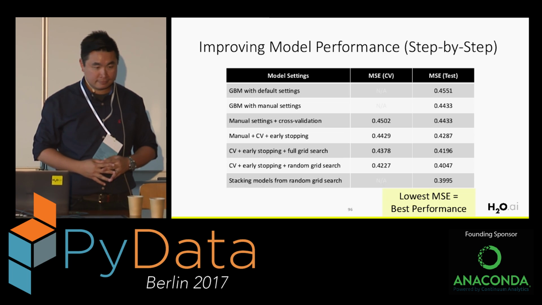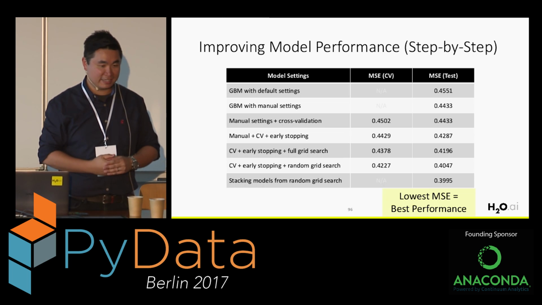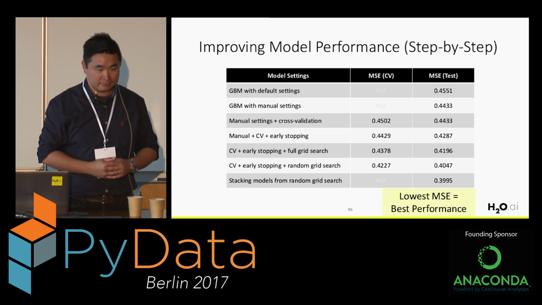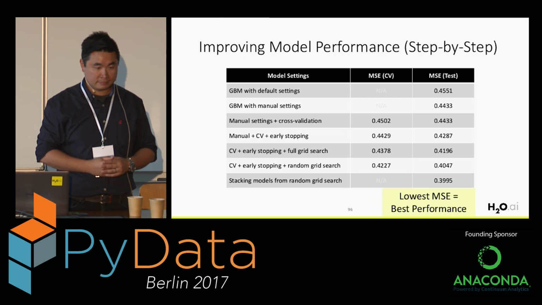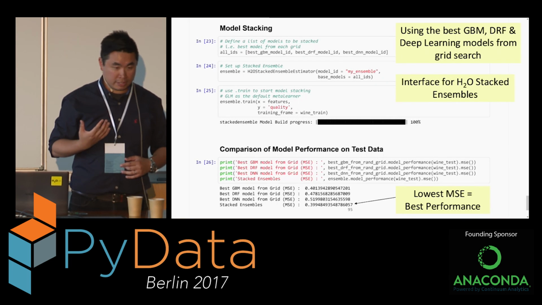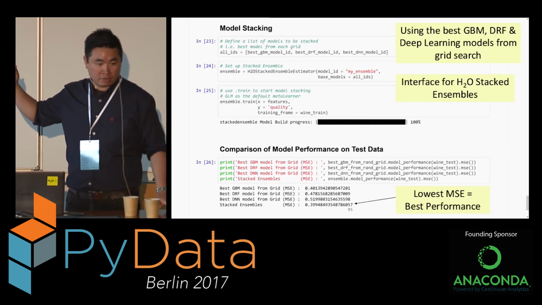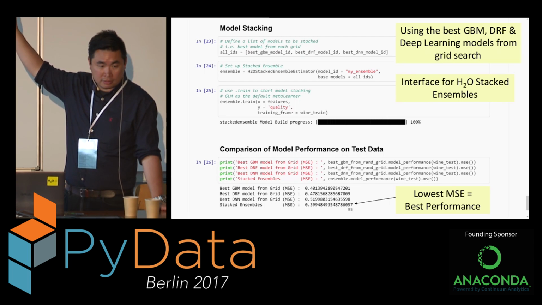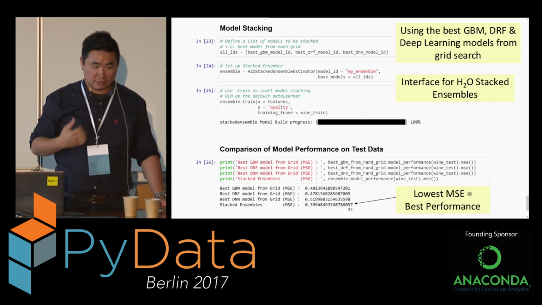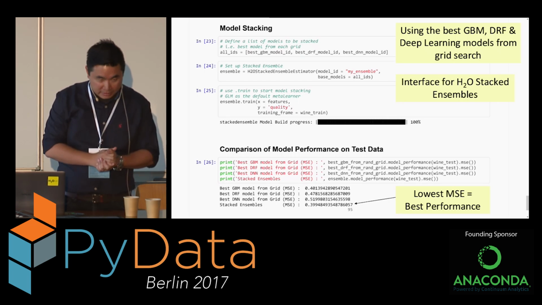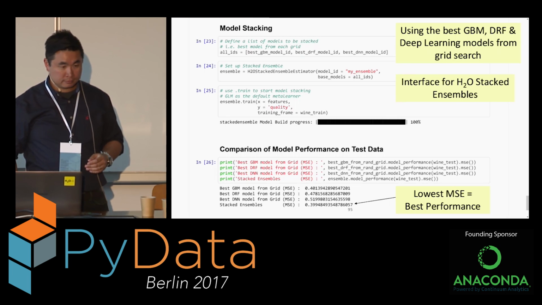Yeah. You stack 3 models? Oh, sorry, I have to wait for it. So you stacked 3 models, and you got the best performance. Would it be possible that if you stack only 2 models, the performance might be better? Yeah. So this is the good thing about H2O. It's easier for you to change that. For example, if you want to choose just 2 models, what you need to do is change the list at the top. If you have 10 models, you would check stacking 10 models, then 9, then 8, I understand what you're saying. And then you have to check all the combinations.